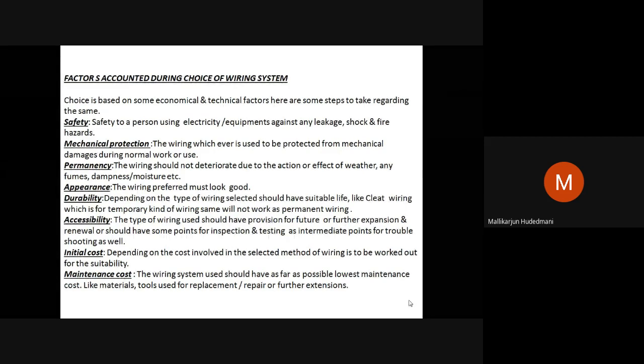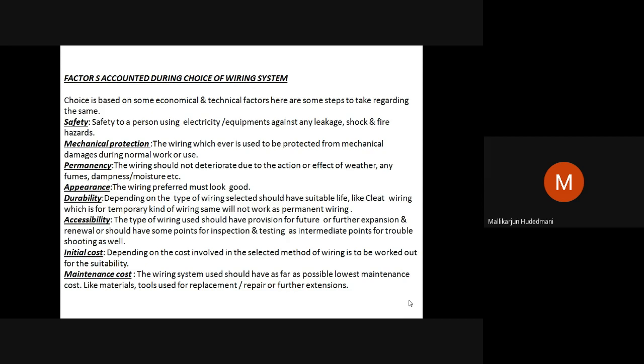And the conductor which I use for connecting bulbs and switches, fans and switches, then plug and socket. How do I do the wiring inside? Inside the wall, concealed, or outside the wall using tubular conduit, PVC tubes or GI tubes. So how should I do it? Is it mechanically safe or not? That I should think about here.